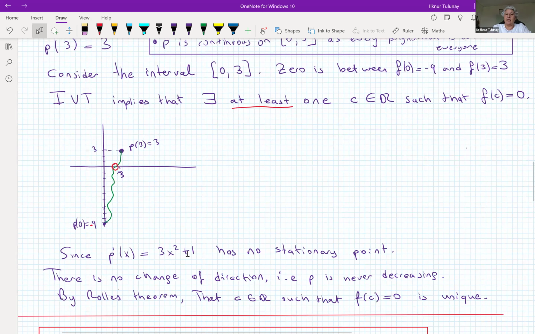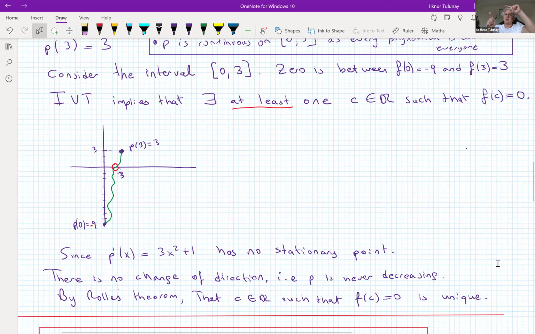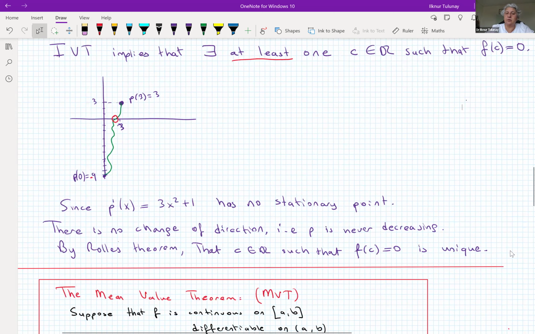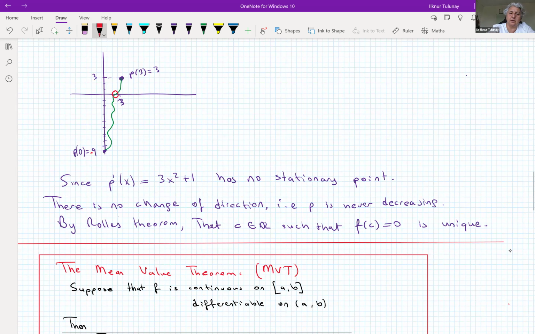And we know that this has no stationary point, which means there are no ups and downs, no change of the direction. It's always increasing. Then we can use Rolle's theorem. In Rolle's theorem, it says P is differentiable. Before that, we need to say P is continuous on [0, 3]